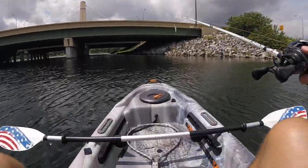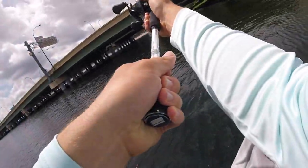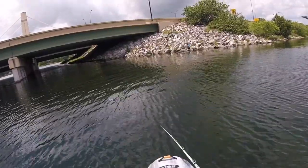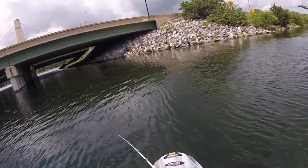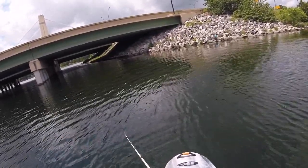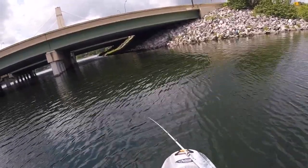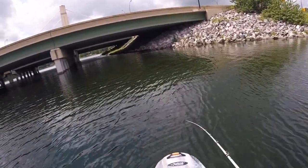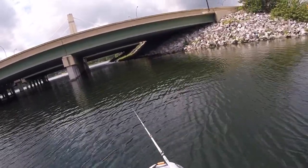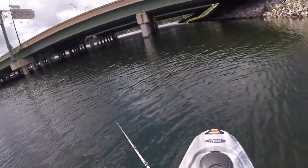I was having a real hard time posting up in the middle of this lake. I had to move around a little bit, and I found an area of the lake on the back side of the overpass where the water was pushing through and around the corner. When I first went there, I went there initially just because there was still water so I could keep the kayak in place. And then I realized, as I was seeing bait balls underneath me of all different sizes,